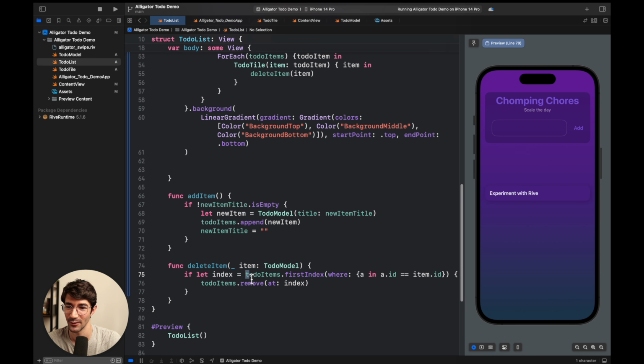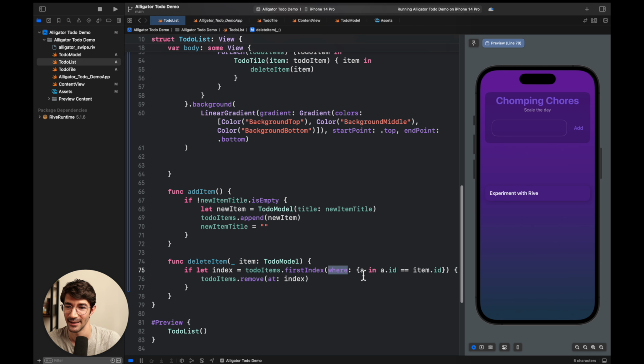We're looking through all of our to-do items, finding the first index where the item value and the ID match. And we get that index, and if it exists, then we call to-do items remove at index. Okay, if we now play this again and swipe,